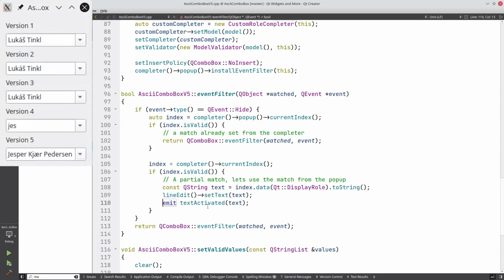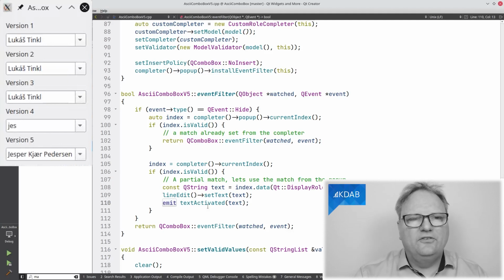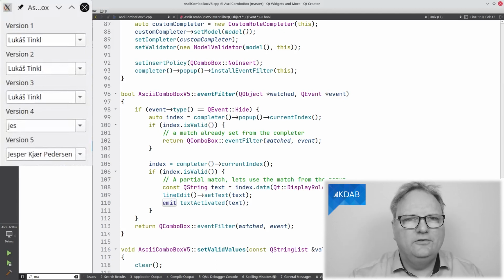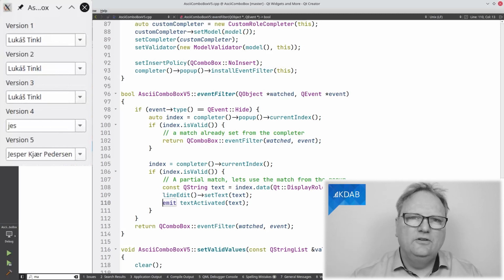The last part took a bit of fiddling around, I admit that, but I thought it was worthwhile to get that tiny little detail working too, so that I now have a QComboBox that I can use wherever I need to specify employees with these characters in them, and it just works. I really love this combo box here. I use that at a number of different places in KWR, and I urge you to go and cut and paste it for all those places where you have non-Latin 1 characters that you want to complete or search from. That's it for this episode of Qt Widgets and More.